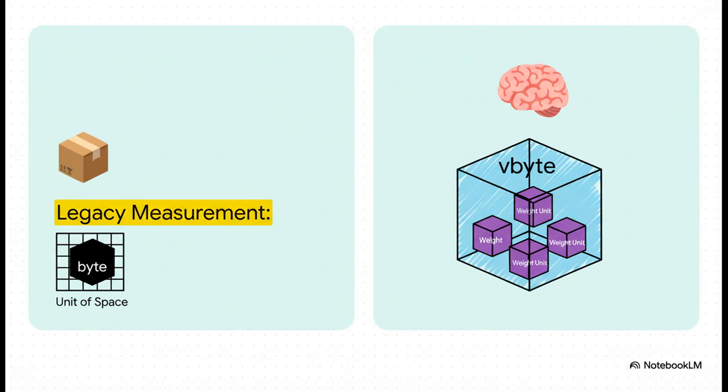So let's put this into perspective a bit. Back in the day, transactions were just measured in plain old bytes. Simple, yeah, but not very efficient. Now we use something called vbytes, or virtual bytes. And really, a vbyte is just a handy way to think about weight. Just remember, 1 vbyte is the same as 4 weight units. It's kind of like a bridge that connects the old way of thinking to this new, much smarter system.